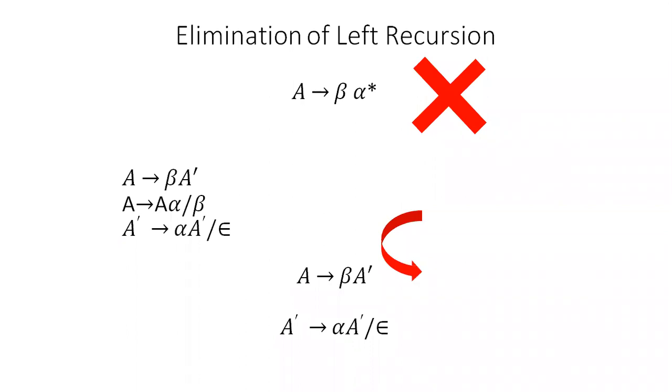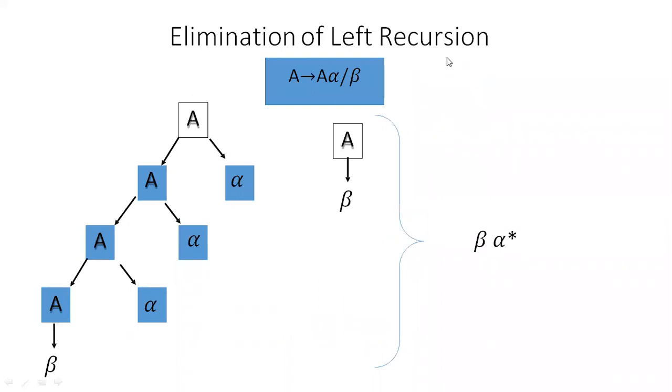So to eliminate that problem, what do we need to do? Taking this one, this is the given grammar: A tends to A alpha or beta. Make a note of this one. This is the syntax rule of the left recursion. You need to know the syntax of the left recursion, then only can you eliminate it. Without knowing the format in which the left recursion appears, we can't do anything. So make a note of this: A tends to A alpha or beta.